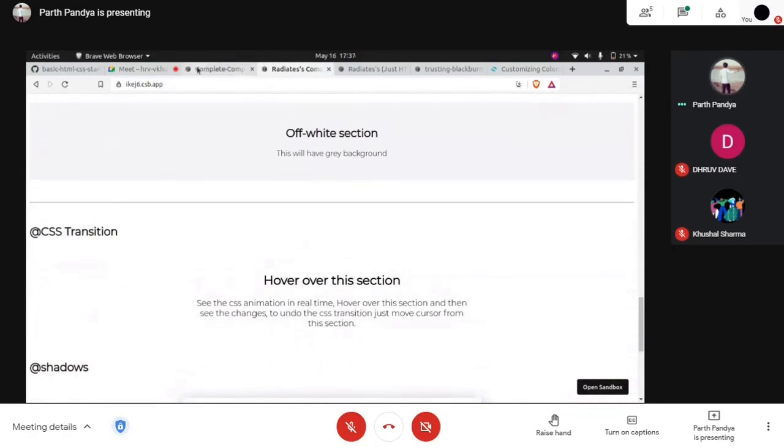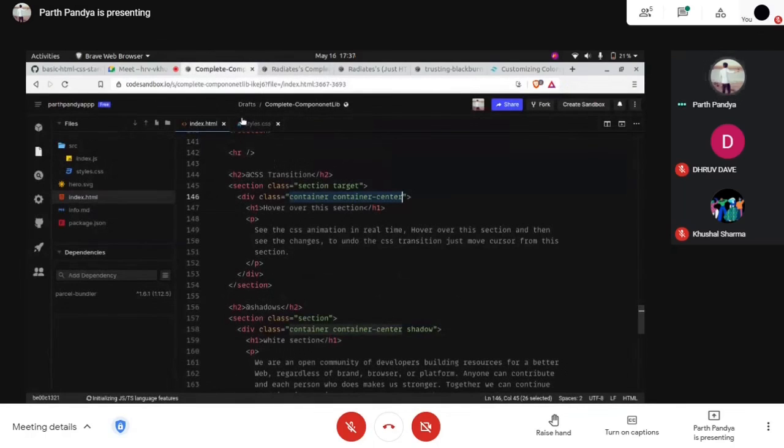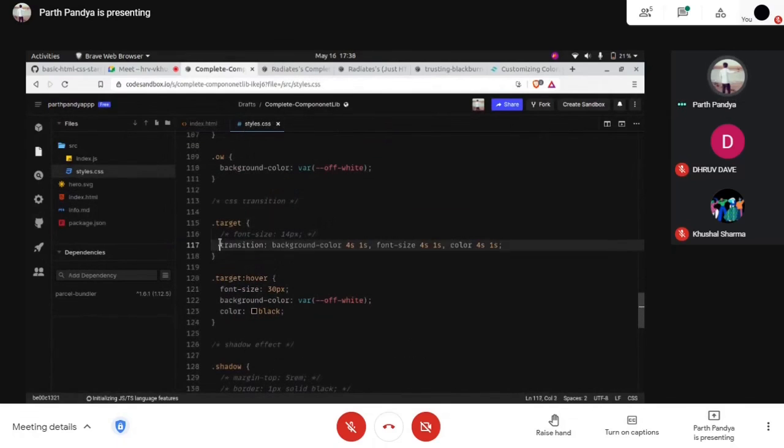That's why it is in the center. Now whenever I hover over a section which has the class target, it will do a transition, which is like giving an animation to a particular part of an HTML document.